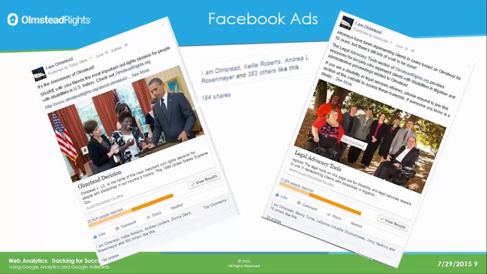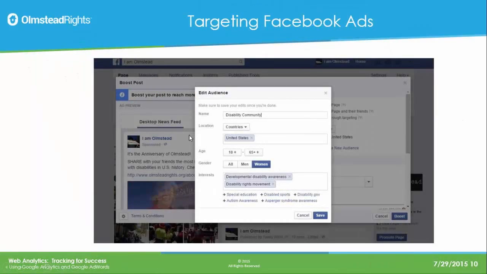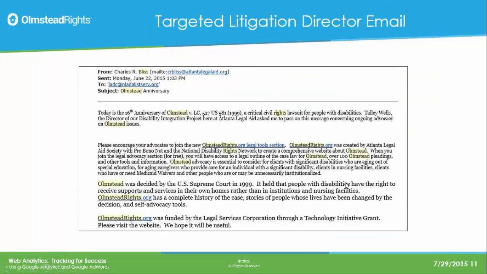And the way we were able to see that impact was through the Google Analytics. We went from about 200 people a week to over 2,500 people in a week visiting the website. And that traffic, while it's gone down, has continued partly because our Google AdWords started right after that. And this is just a slide that shows you sort of how we targeted the Facebook advertisements.